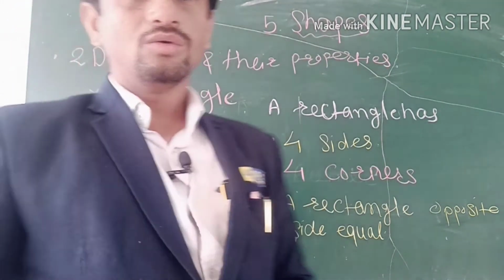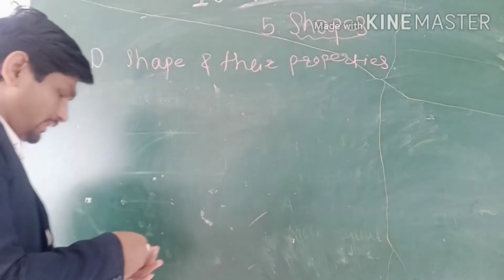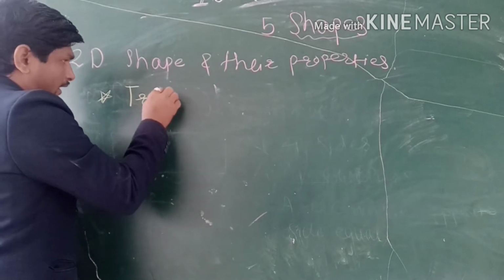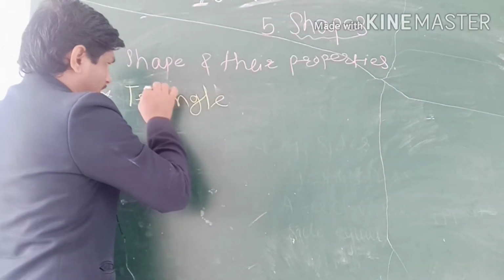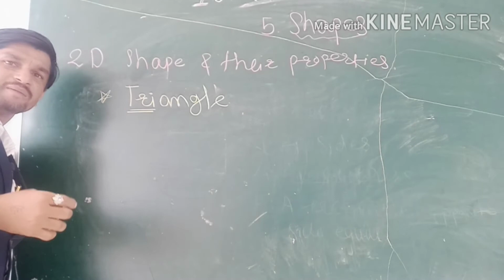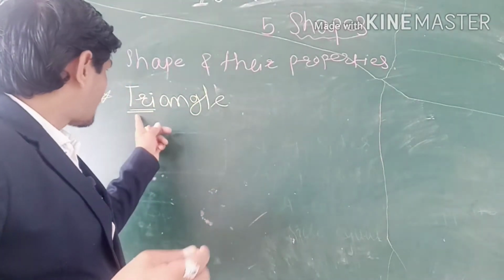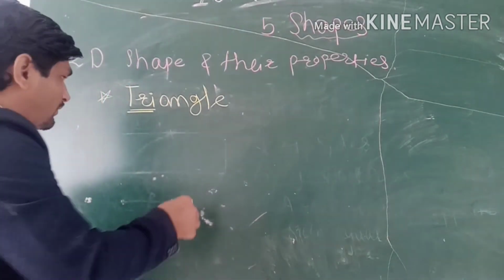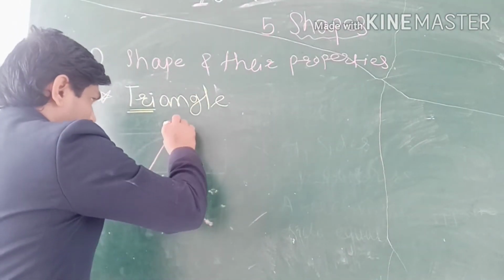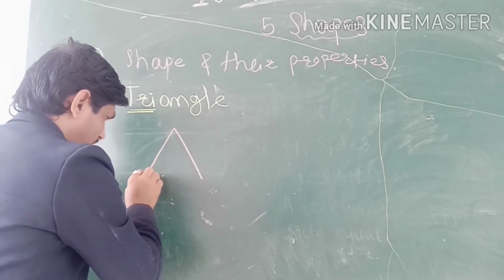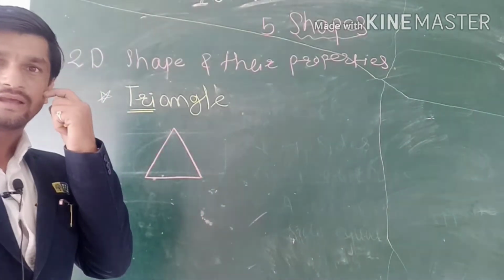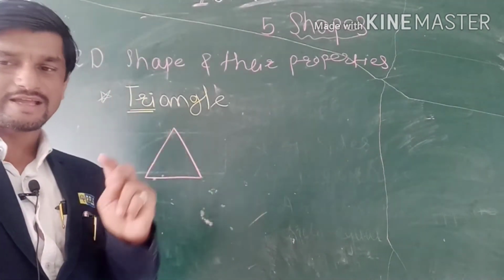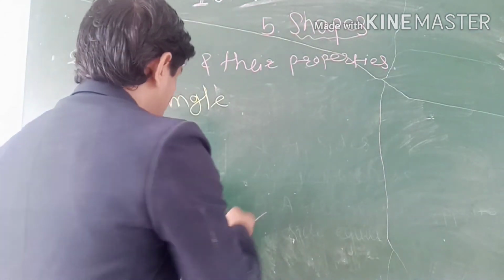Okay. Now in this, that is triangle. In the name of this, tri means what? Triangle means three. Then see what is meant by triangle. We will see. See, this is the triangle. Why is it called triangle? Because here are 3 angles and 3 sides. I will show you here about this.